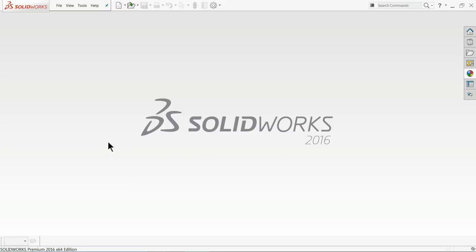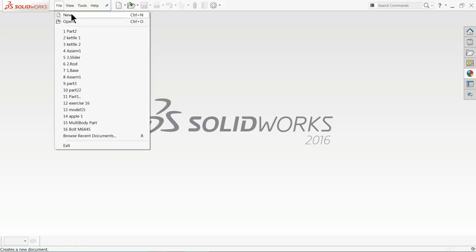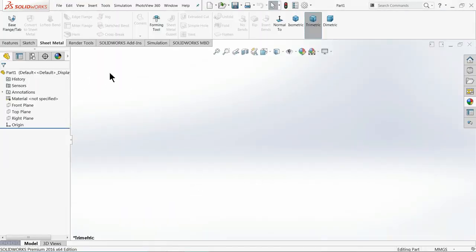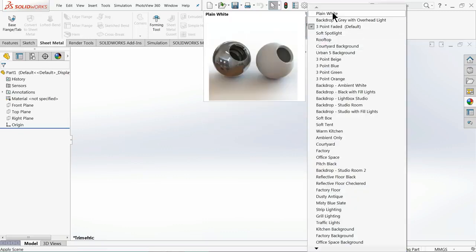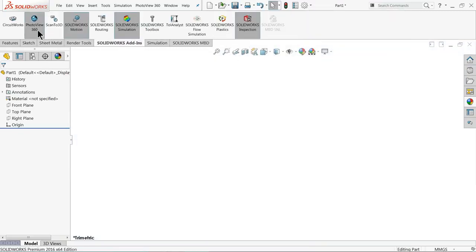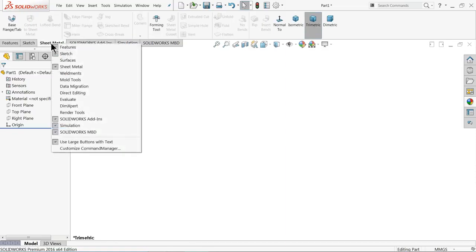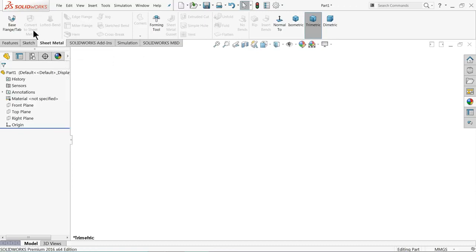Today we are going to learn some basic commands of SolidWorks sheet metal. So let's start. Go to file, new, and choose here part. Now here you will see sheet metal. If you like, you can directly right click on this command manager and choose sheet metal from here. So now let's see, there are a few basic tools from this sheet metal, and we will create a simple